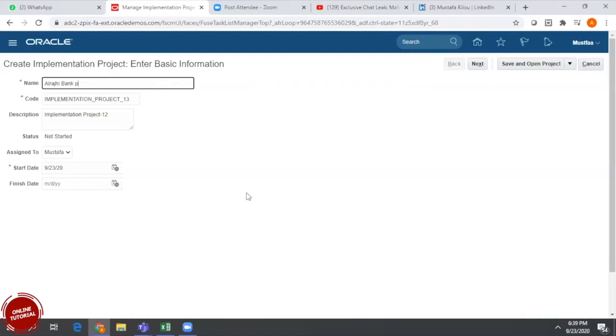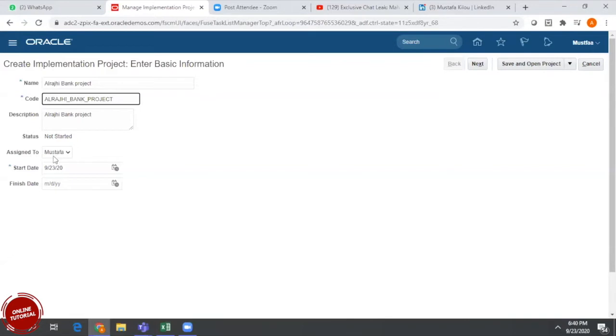We need to define this project, and the code will automatically come here, based on the words which are given, it will automatically take them.